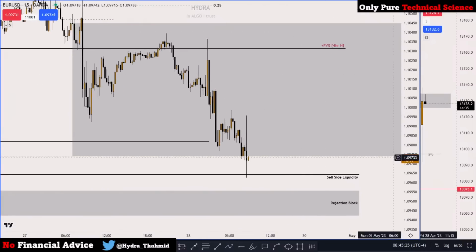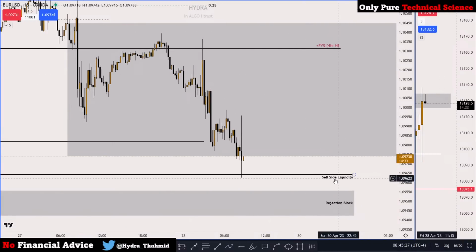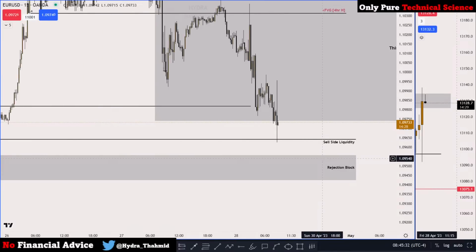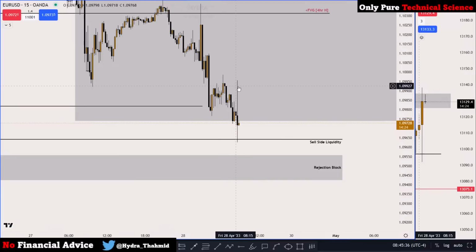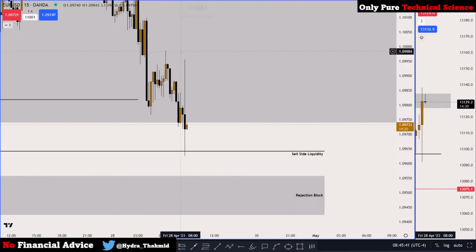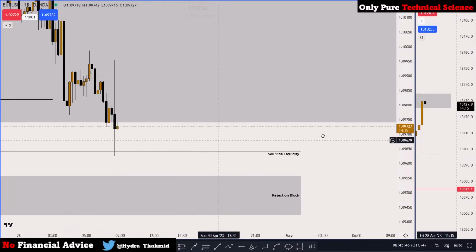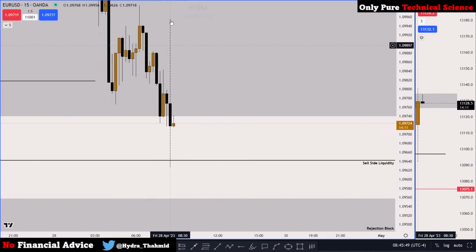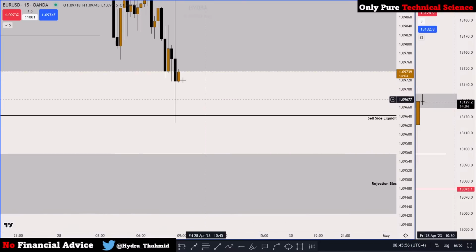Okay, on Euro USD, you can see price delivered our draw on liquidity here, this sell side liquidity. Price did deliver it here again, very nicely. If you don't look at the week, just forget that there's this big week. Other than that, just keep in mind this candle body. That's where the liquidity is. This week that you see is just manipulation. All the volume is inside this body, and I can see it's supporting price